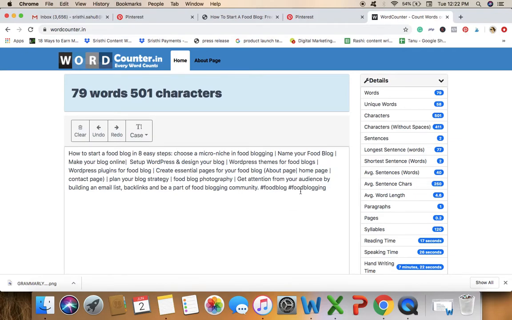So all I'm saying here is that if you have certain space left, you can always utilize it by adding a few hashtags at the end. At the start, don't add them, because the first 50 characters are where you need to include your main keyword, and hashtags are not really a thing for Pinterest. But if you still have space, you can utilize it and include hashtags just to make a bit more difference than it usually is. Okay, so this is the whole thing. Now we are just going to copy this.